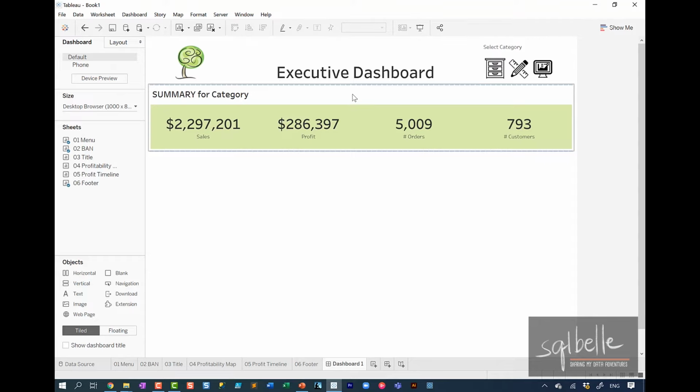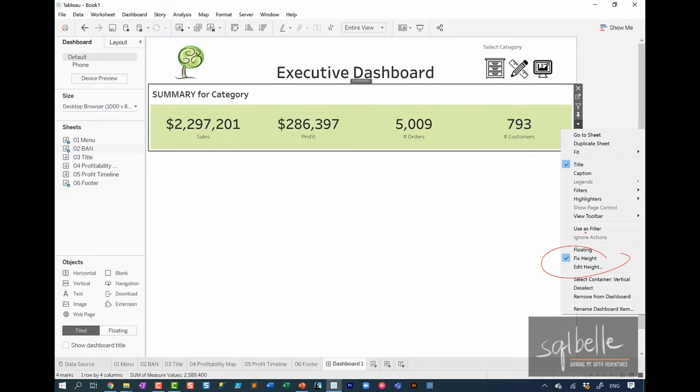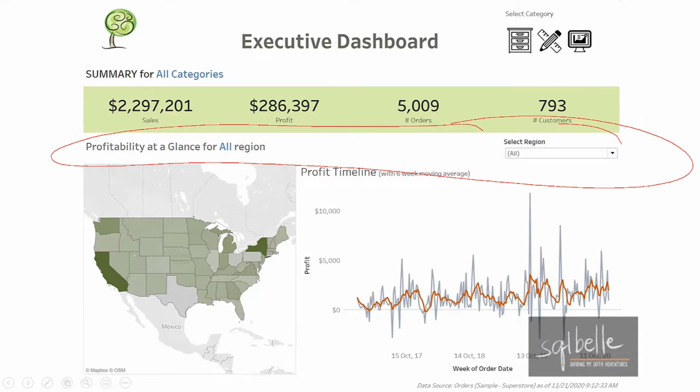And once we're happy, we can select this. On the drop down, we can set this to fix height if you haven't fixed the height yet. So if you don't see any check mark in here, you can fix that height. Next thing we should add should be this title. We don't have the filter yet, but once we add it, we're going to place it right beside this dynamic